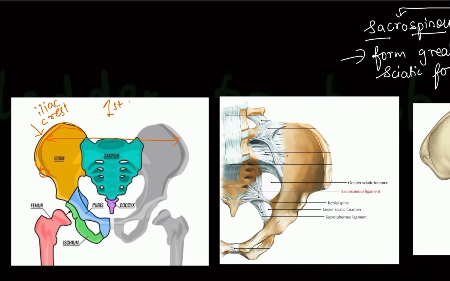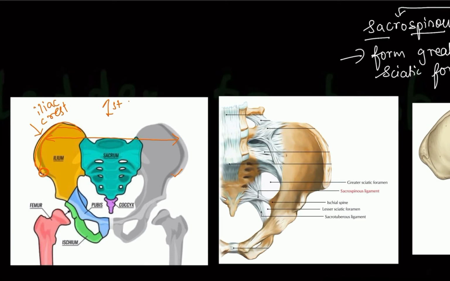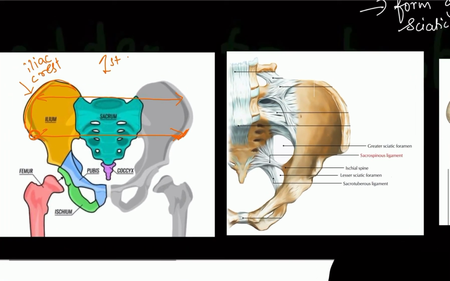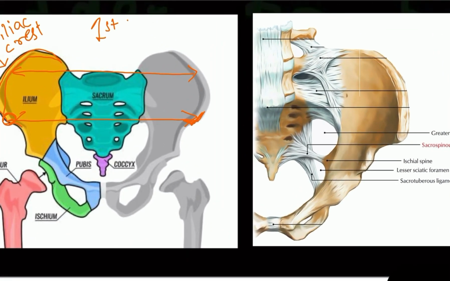So can you see this portion? This pointed portion is the anterior superior iliac spine. So this distance between the two spines will be called interspinous distance. Now let's look at the pubic bone. For the pubic bone, as I said, it has a body, a superior ramus and an inferior ramus. And this is the pubic symphysis. This white color part which I am shading right now is the pubic symphysis, which will connect the right and left pubic bone.